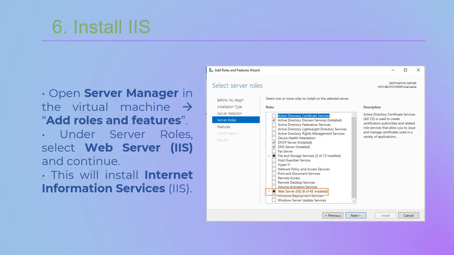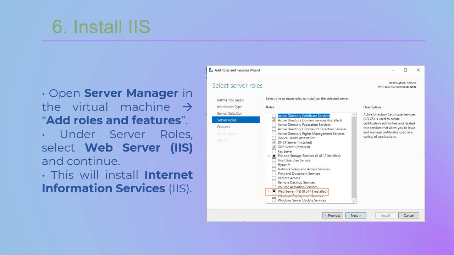So now we will install a service from the Windows Server Manager, which is called Internet Information Services. And this is the web server that will host the static website.